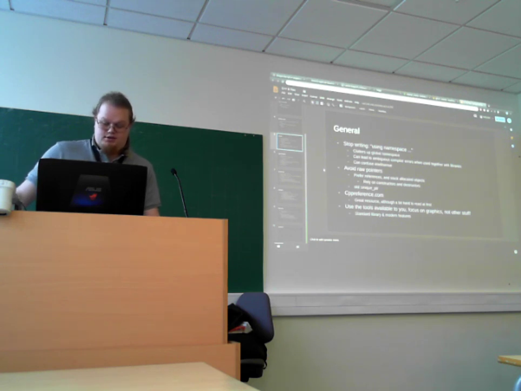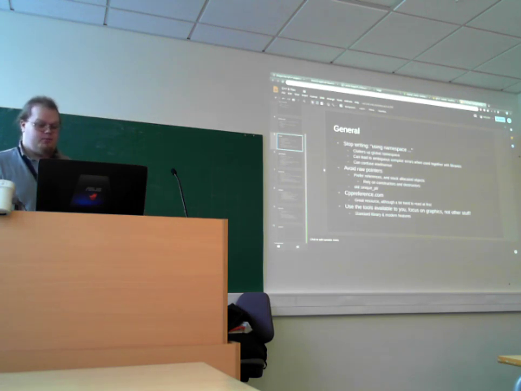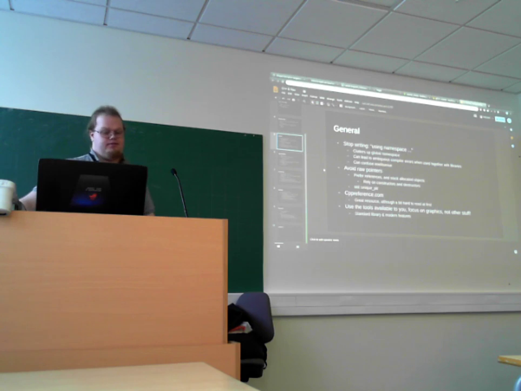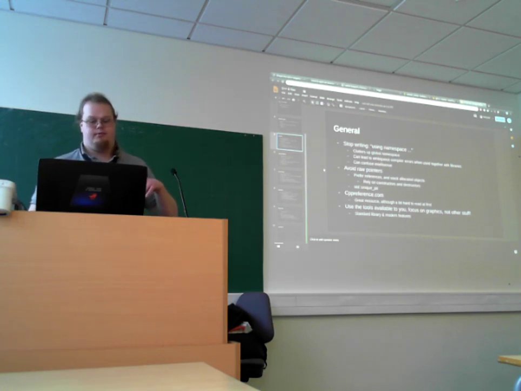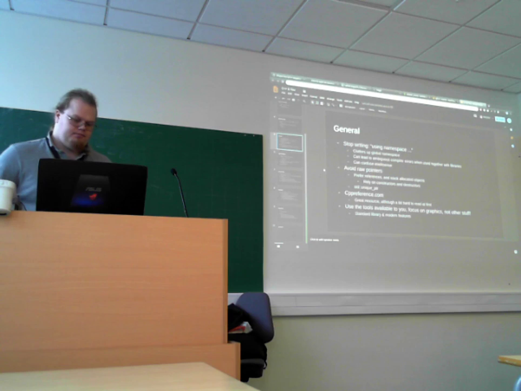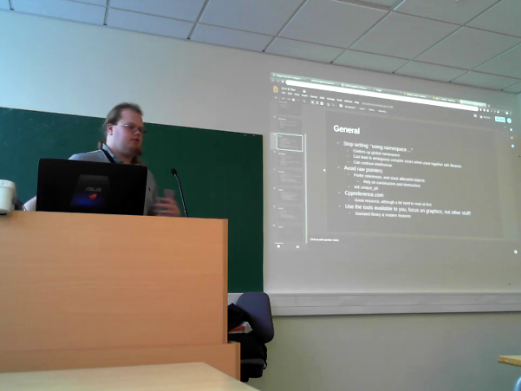The other part is, avoid raw pointers, prefer references and stack allocated objects. This is the modern C++ take on this. If you use vector or stuff like that, then they will allocate memory for you, and free that memory for you later. Instead of owning raw pointers, you can use unique pointer.